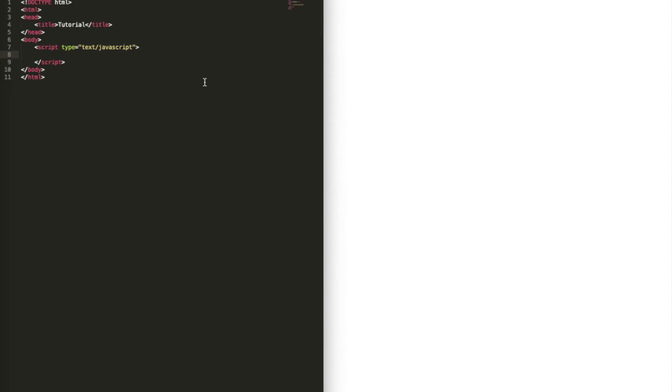So JavaScript, you can write it either internally or externally. If you write it internally, you're writing it within the HTML5 or the HTML document, which is like this. You always write JavaScript inside the script tags, and if you write it externally, you have another file, and let's just call this test. So you basically just create another file, and you write your JavaScript in here,